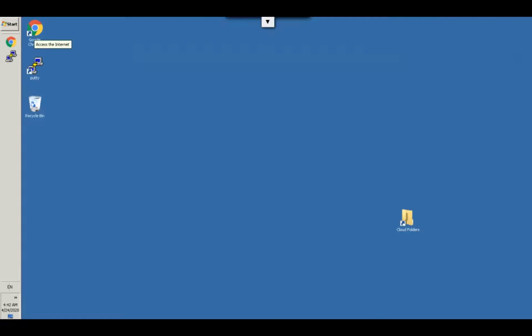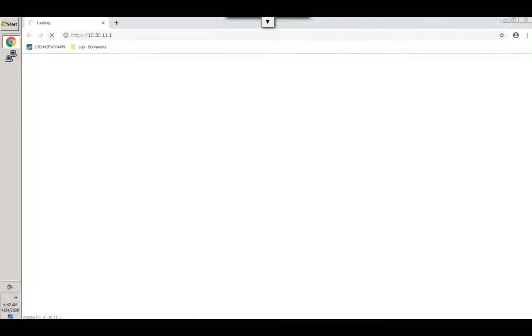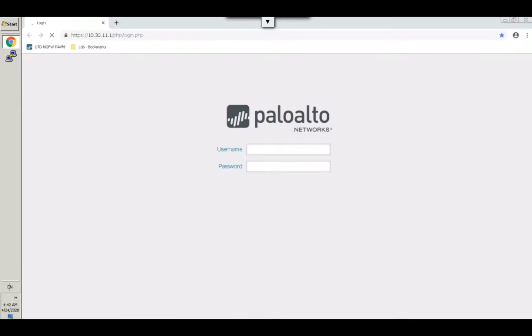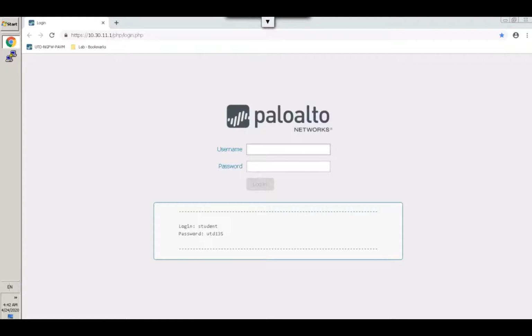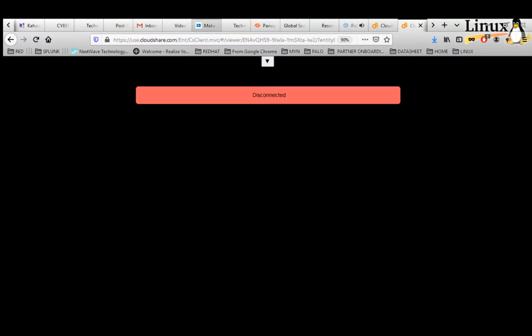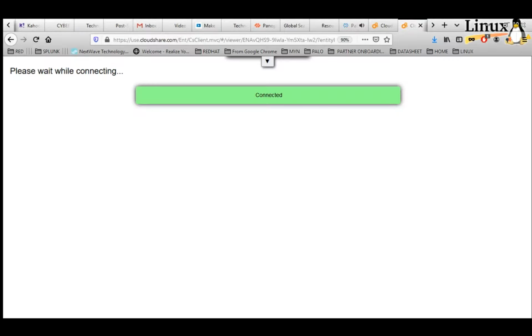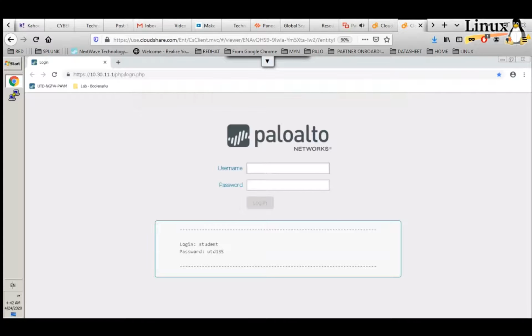From here, you click on this, it opens the management interface of the firewall. If you press escape again, it will take us back to the full view where you access all the infrastructure.